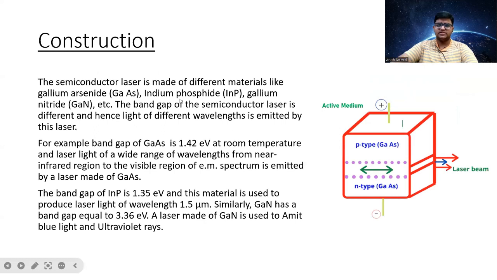Next, we have construction. As I said, it is just a PN junction diode and not much is needed. The semiconductor laser is made of different materials like gallium arsenide, indium phosphide, gallium nitride, etc. These materials are used for different photons and different wavelengths as per the need of the creator. Thus different kinds of lasers can be produced by incorporating different kinds of material. As an example,